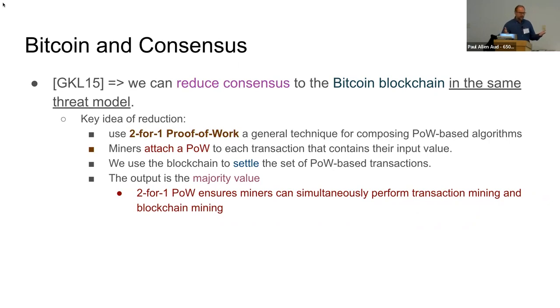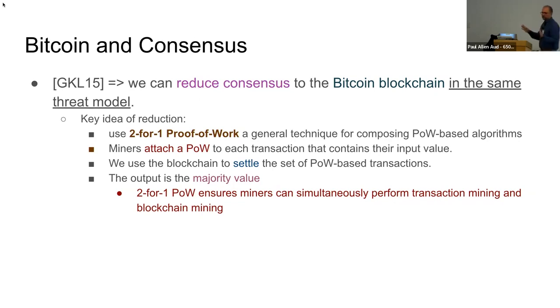How do we use that in this setting? Well, the idea is simple. Because we have one protocol that creates a ledger, what we can do is run a continuous process that mines transaction proof of work. So basically, we have proof-of-work-based transactions continuously. Everybody creates a transaction with their input, and based on that, it is proof of work. We know that the majority of those transactions will be honest.